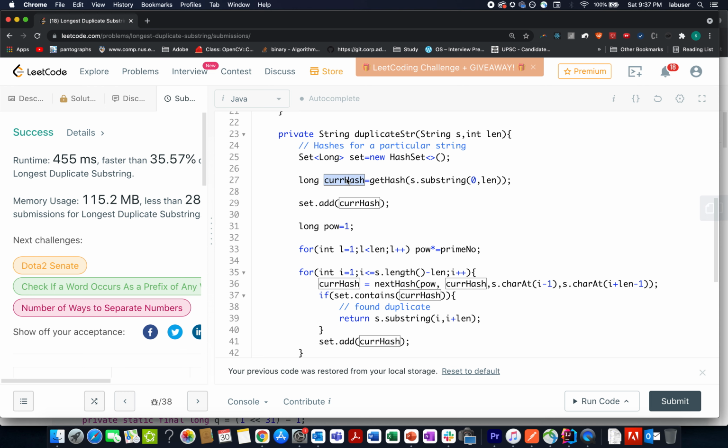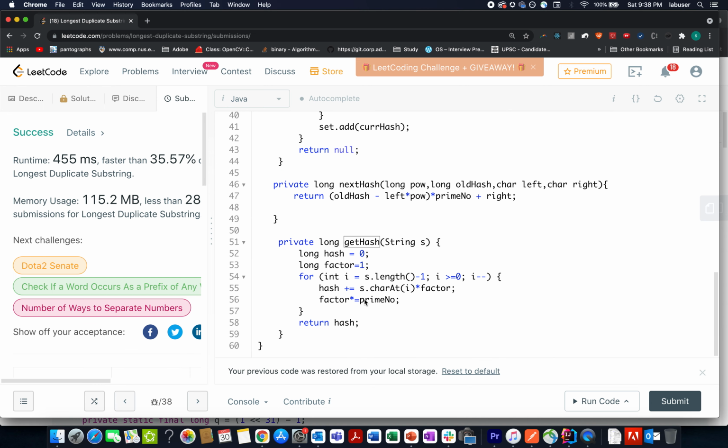I go and identify the current hash corresponding to this string input length, starting from the 0 up till this length. And let's identify the get hash method. Get hash method is a simple method that tells us the hash for an input string that is passed. The factor of multiplication is a prime number that I identified above.